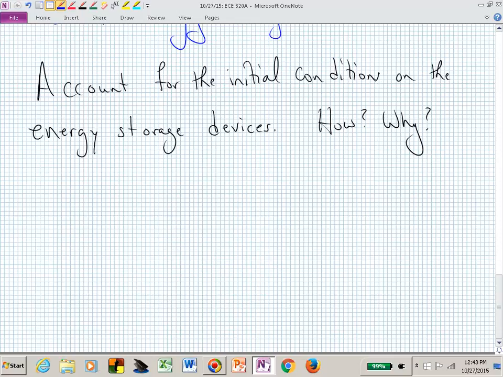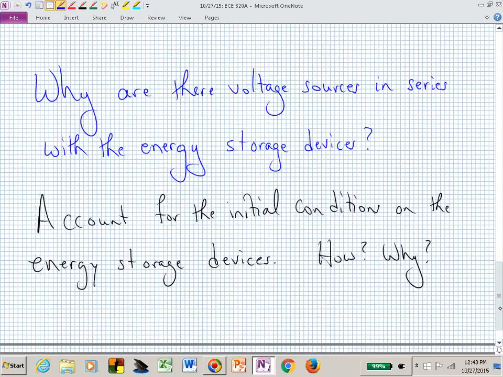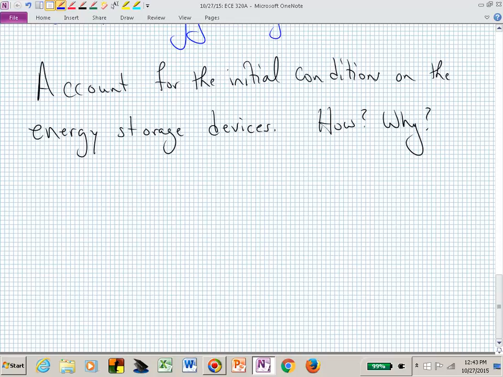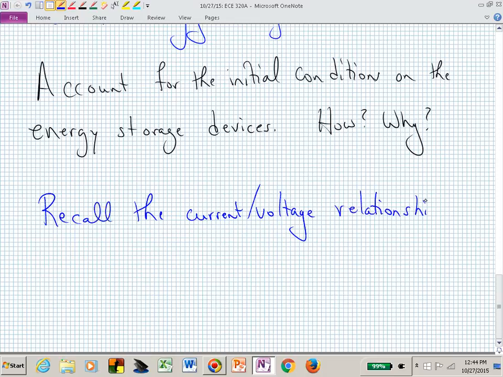ELI the ICE man, right? So if we recall, let's just look at the capacitor for now. It's still a little bit warm in the desert, so maybe we still need some ice, so we're thinking about ICE. Let's now recall the current voltage relationship associated with this capacitor, or with any capacitor. And that's ICE,